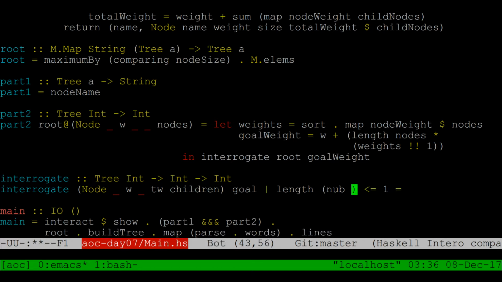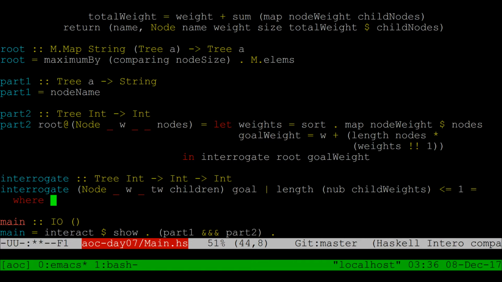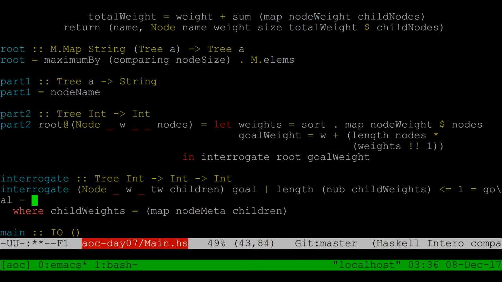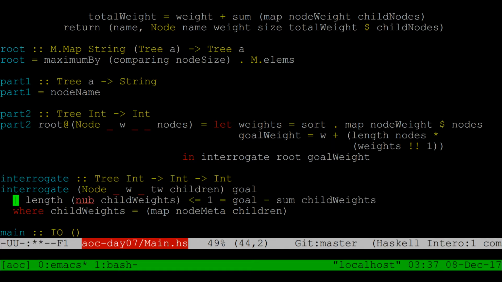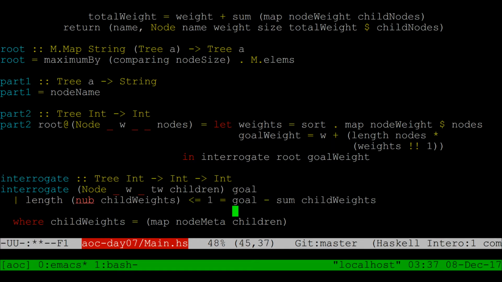Well, we'll take this and make it into a where clause, where child weights equals this. Equals goal minus sum of child weights. Fine. Otherwise, equals, I don't know,